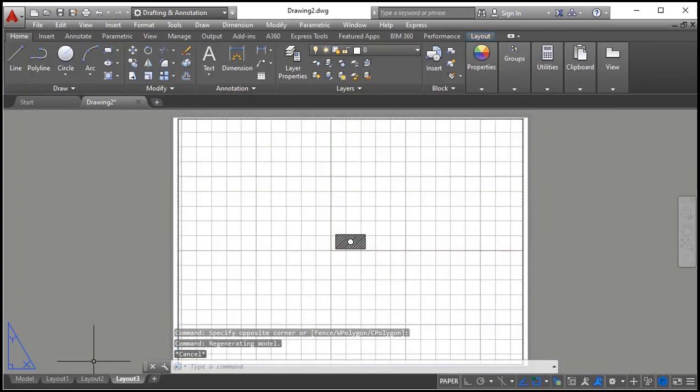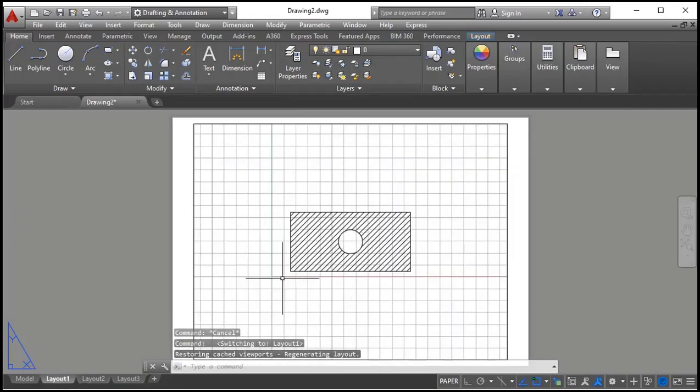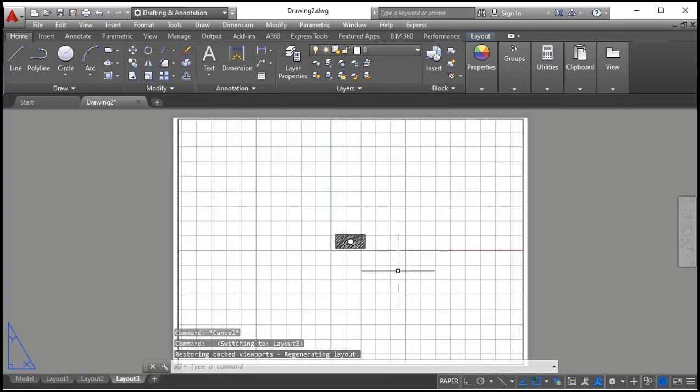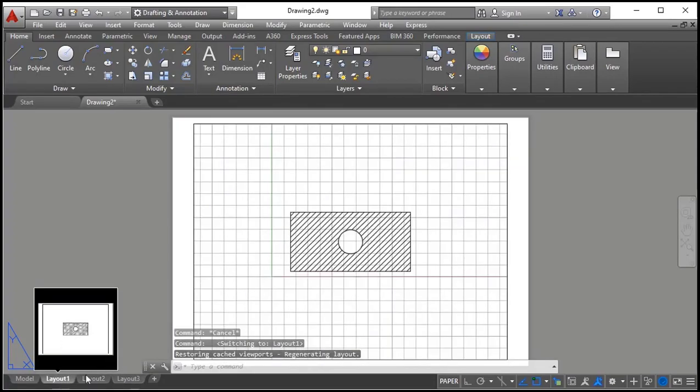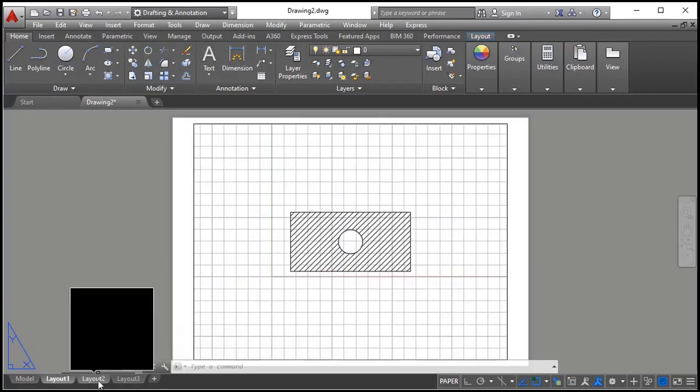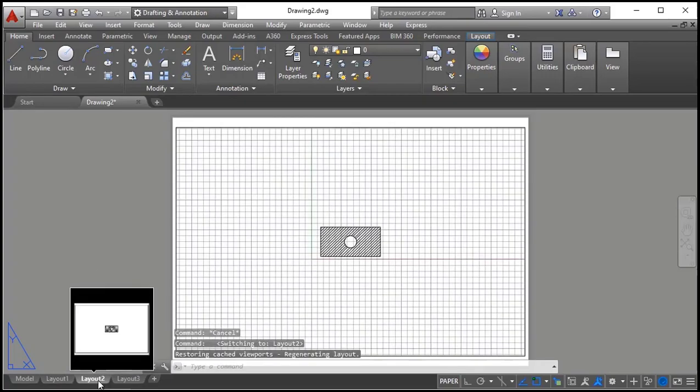See, I want to show this as an example. In layout 1 we got A4 paper size, and layout 2 is A2 paper size, and layout 3 is A0 paper size. We have changed the paper size and we just assigned 1:1 scale to the object. But depending on the paper, there is no change in the size of the object. If you increase the paper size, the print size is decreasing. So it is a little bit clumsy.